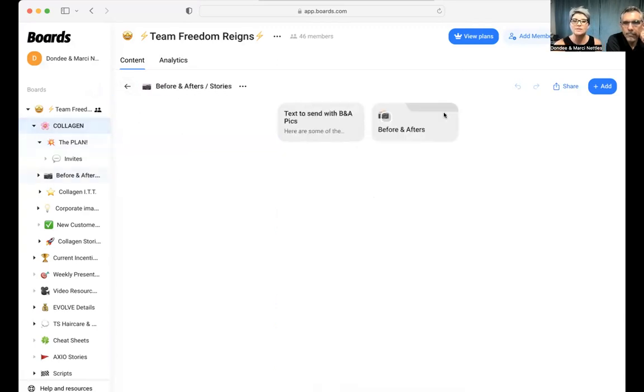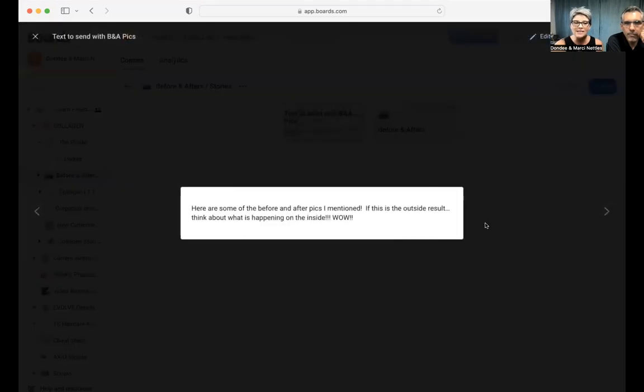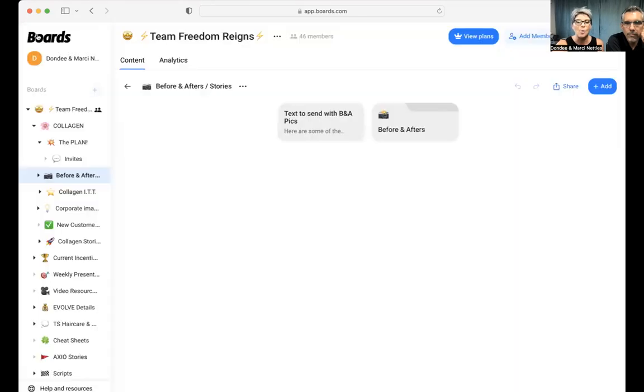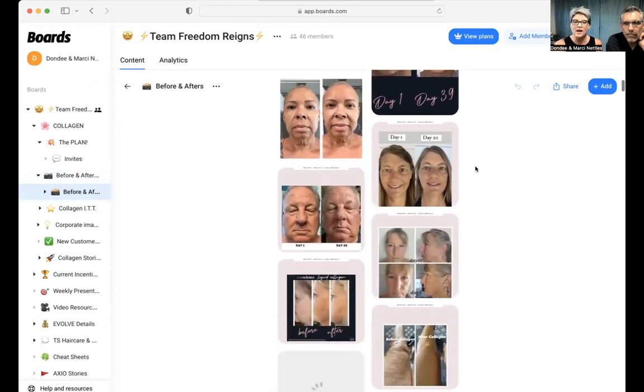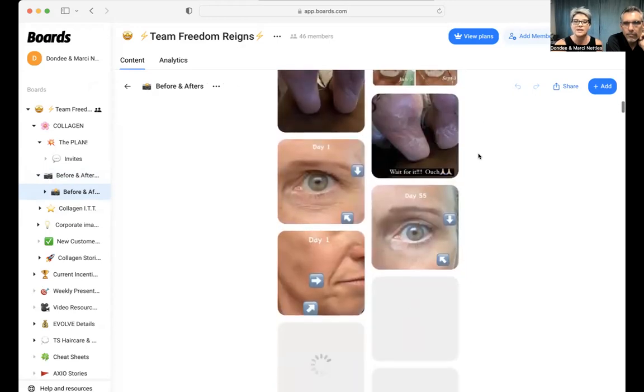The second one we're going to go to is the before and afters that are available. This is a simple text that you can send out with these before and afters. So here are some of the before and after pics I mentioned. If this is the outside result, think about what's happening on the inside. Wow. Now, here is your library. Okay, again, it's got the same text here,